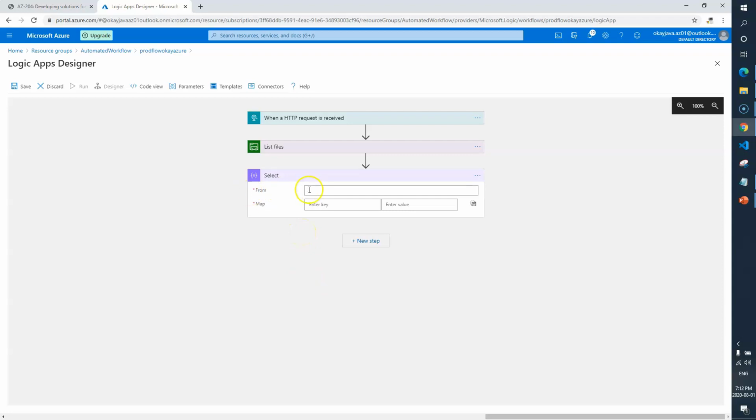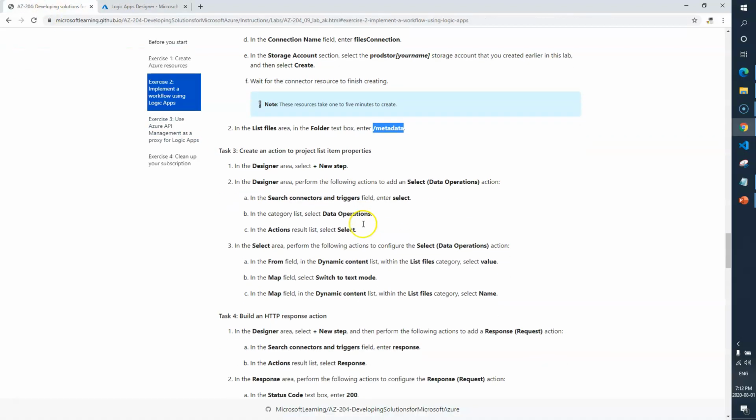Here we need to add from and map. In the from field, in the dynamic content list within the list files category, select value, and for map, switch to text mode.